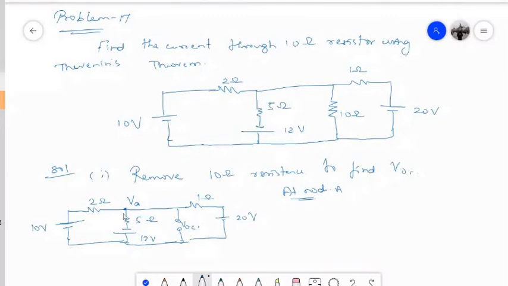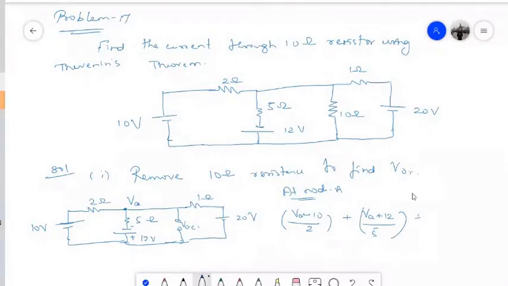So at node A, if you apply the nodal analysis technique, let us say node A is at a higher potential than all other nodes. So therefore current will be flowing from this node to other nodes. So in this branch, the current that is flowing will be (VA minus 10) divided by 2, plus in this branch it will be VA, and if you look at this polarity, this is minus and plus, so therefore it is VA minus of minus 12, so that is (VA plus 12) divided by 5,